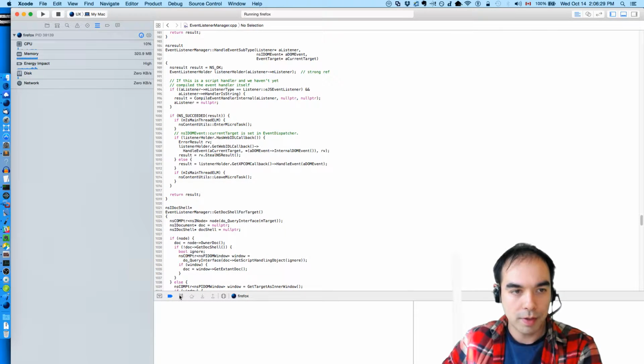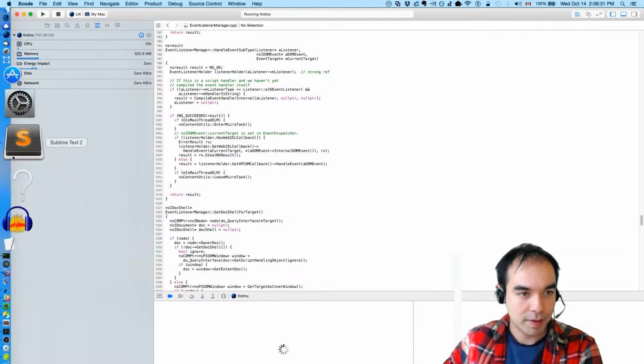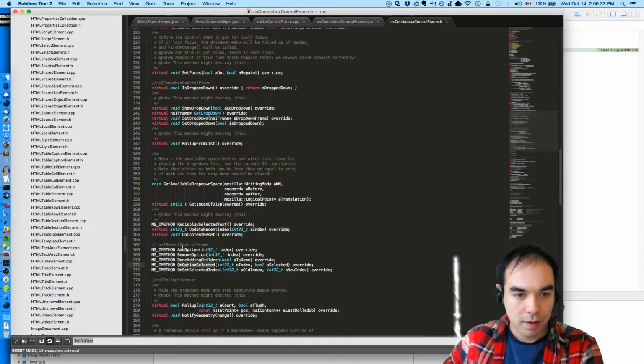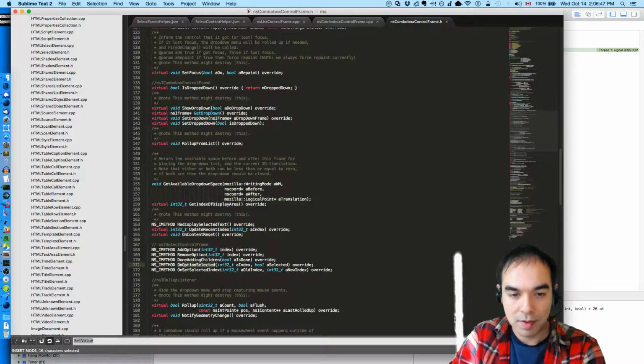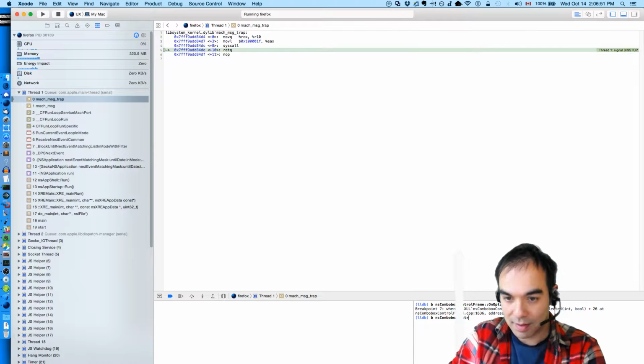So what I'm going to do is now set a breakpoint. I like this: on option selected. That sounds compelling. Break NS combo box control frame on option selected. Break NS combo box control frame on set selected index.